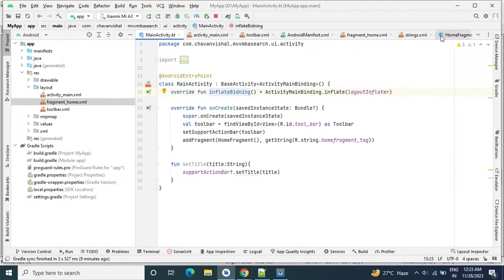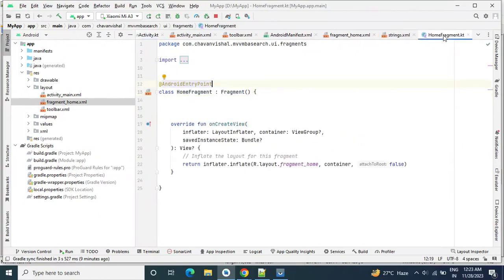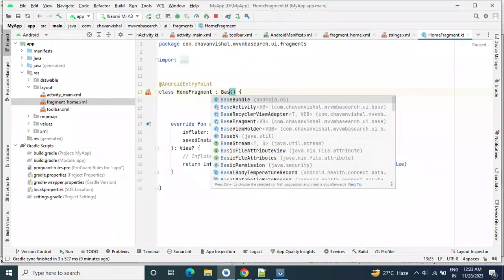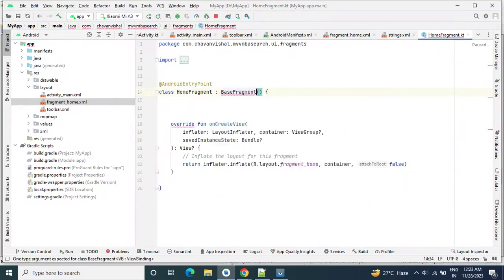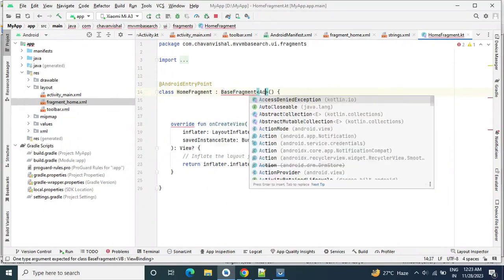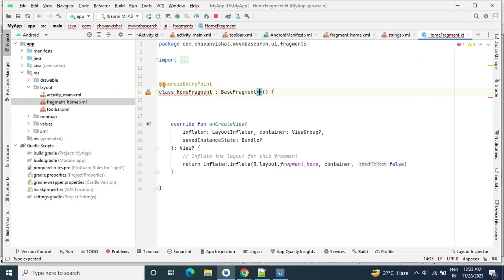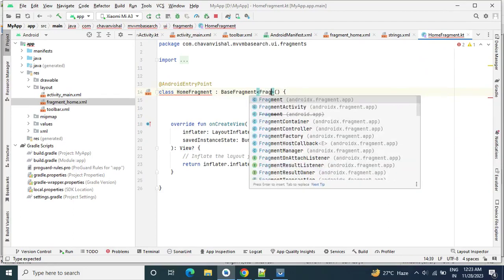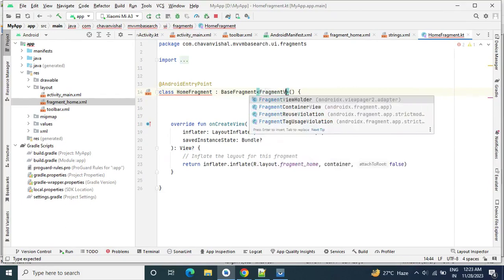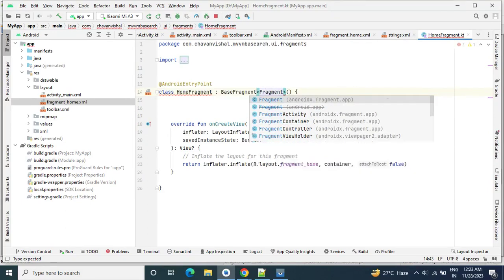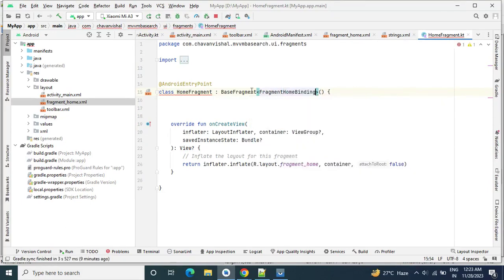Now let's go to our home fragment. Here also we will extend this with our base fragment, and we will pass FragmentHomeBinding.